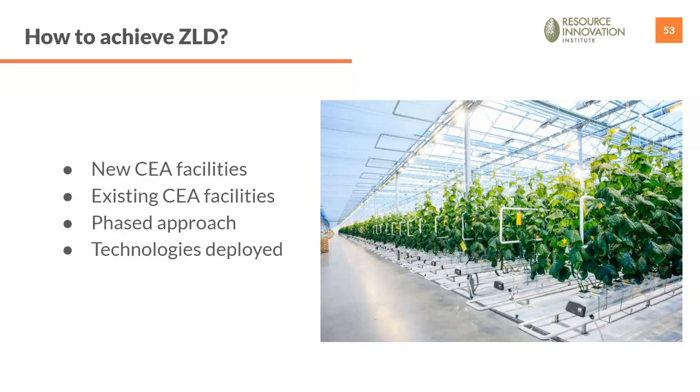In order to achieve ZLD, the water system design must be such that it creates a minimal wastewater discharge first, meaning we have to reduce most of our waste as much as we can. In a CEA facility, this means that we have to recover our primary RO reject, runoff recovery, and condensate recovery at least. And both Rob and Jeff have spoken as to why recycling runoff and condensate is important. So I'm not going to get into the weeds on that, but I'm just going to talk about the process